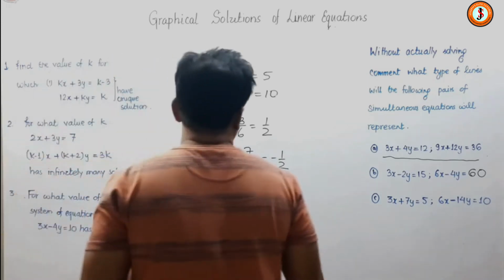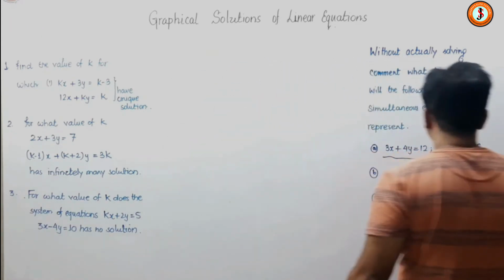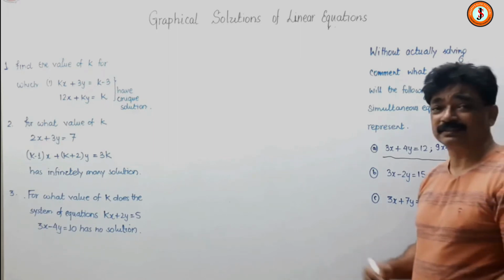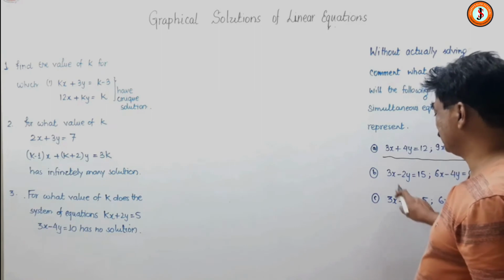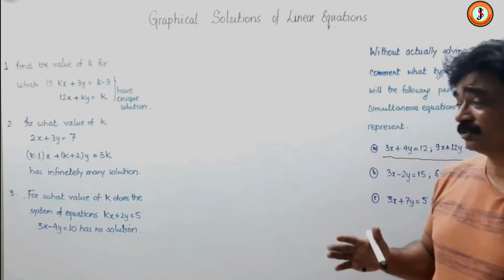So that means we have actually examined all the three types. First one is same lines, coincident lines, second one is parallel lines, and third one is intersecting lines. Same line means infinitely many solutions, intersecting lines mean only one solution, and parallel lines mean no solution, so inconsistent. These two are consistent and parallel lines are inconsistent. Inconsistent means no solution. That is the case of parallel lines.